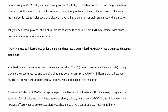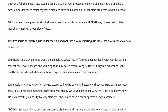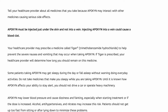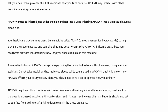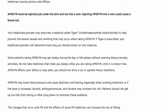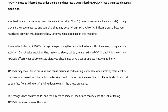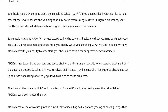Your healthcare provider may prescribe a medicine called Tigan, trimethobenzamide hydrochloride, to help prevent the severe nausea and vomiting that may occur when taking APOKYN. If Tigan is prescribed, your healthcare provider will determine how long you should remain on this medicine. Some patients taking APOKYN may get sleepy during the day or fall asleep without warning doing everyday activities. Do not take medicines that make you sleepy while you are taking APOKYN. Until it is known how APOKYN affects your ability to stay alert, you should not drive a car or operate